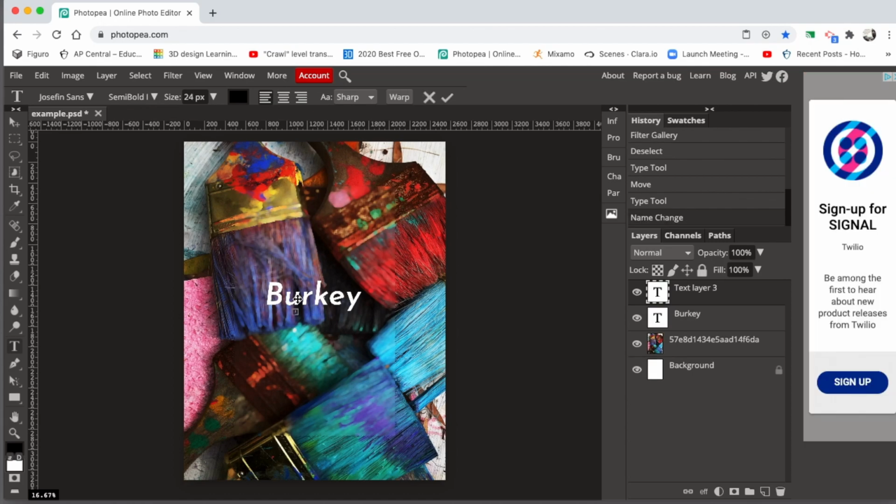So now that I have my font changed to white, I'm going to go ahead and add one more layer to this image by clicking this little button that says new layer, and I'm going to drag that down here underneath my text layer. And the reason I did that is I'm going to darken this picture a little bit by using a fill